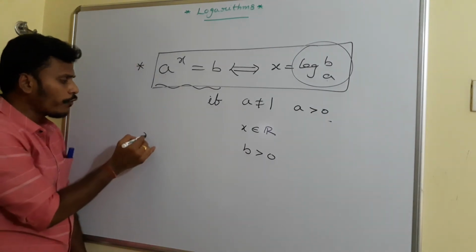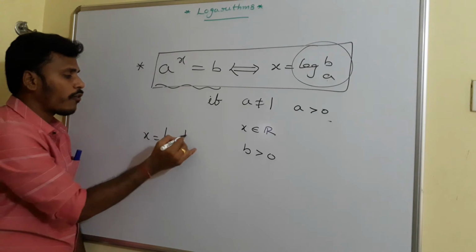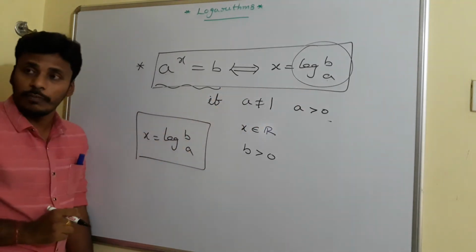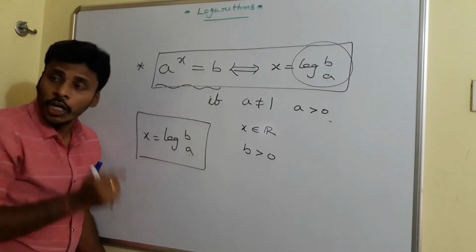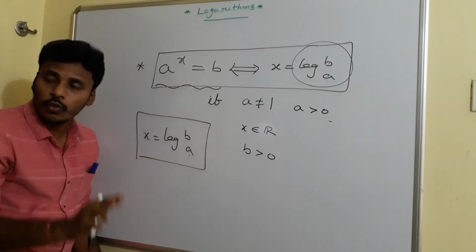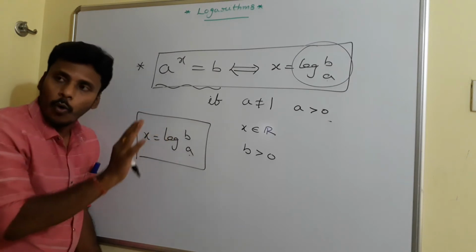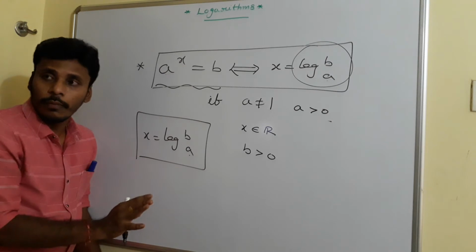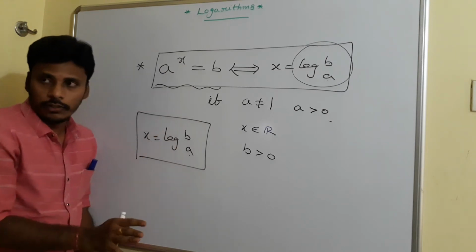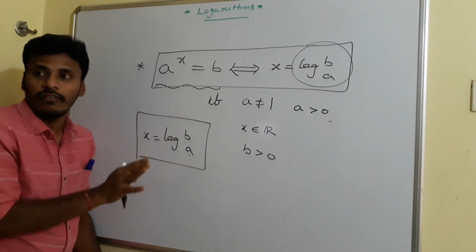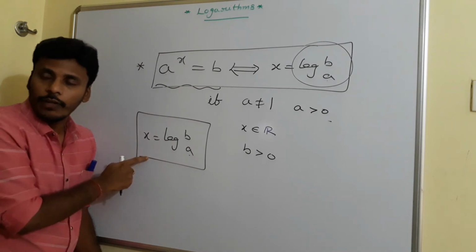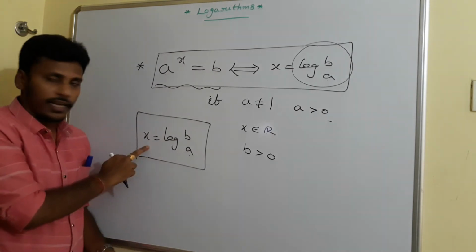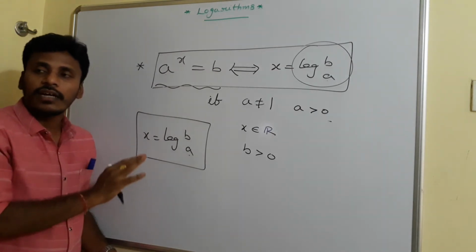So if you think about x is equal to logarithm of b base a separately, just concentrate on this. This base a should be positive and not equal to 1. This b is only positive, right? So both a and b are positive, but a is not equal to 1 also, and the result x may be any real value. This result x is sometimes negative, sometimes positive, sometimes 1 and sometimes 0, anything can happen for x. So finally these are the restrictions.